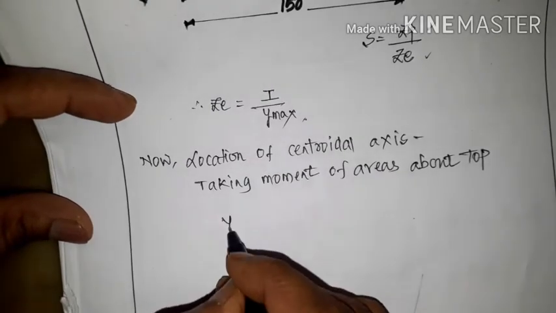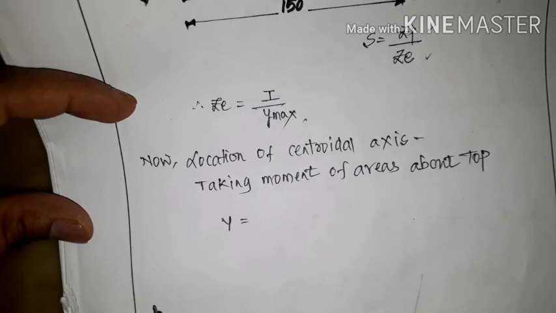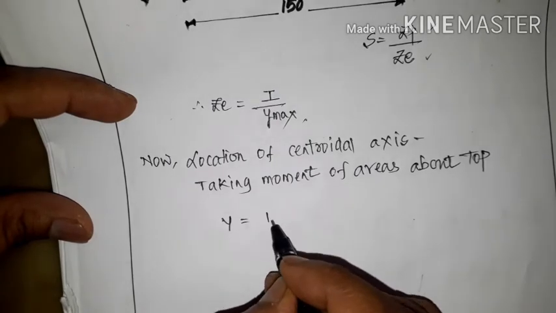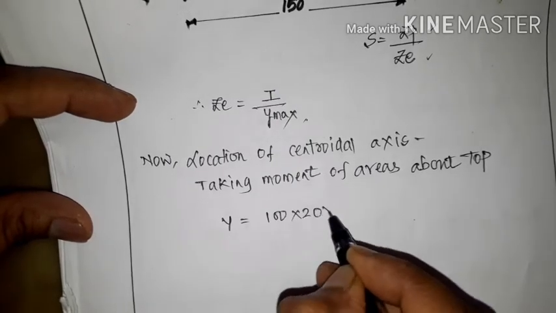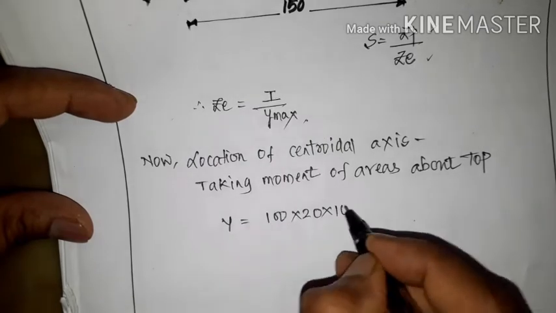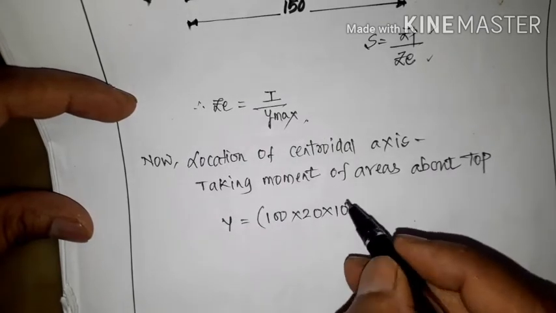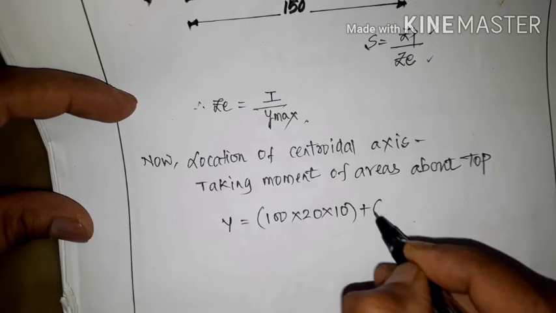So therefore y is equal to 100 into 20 into 10 plus,